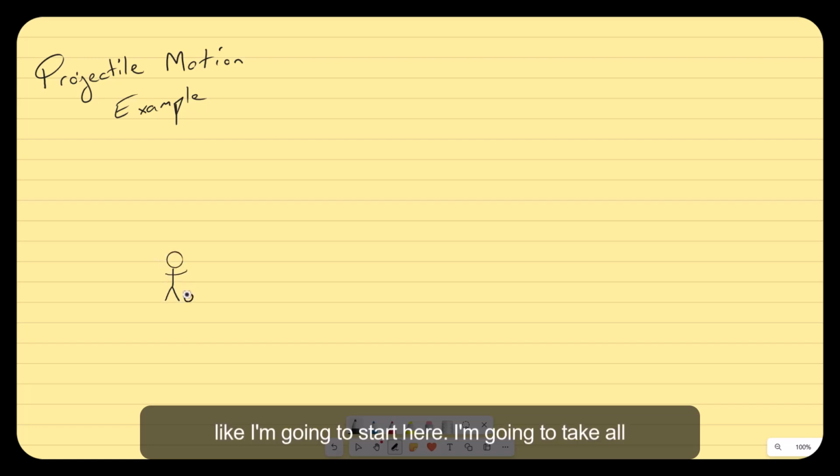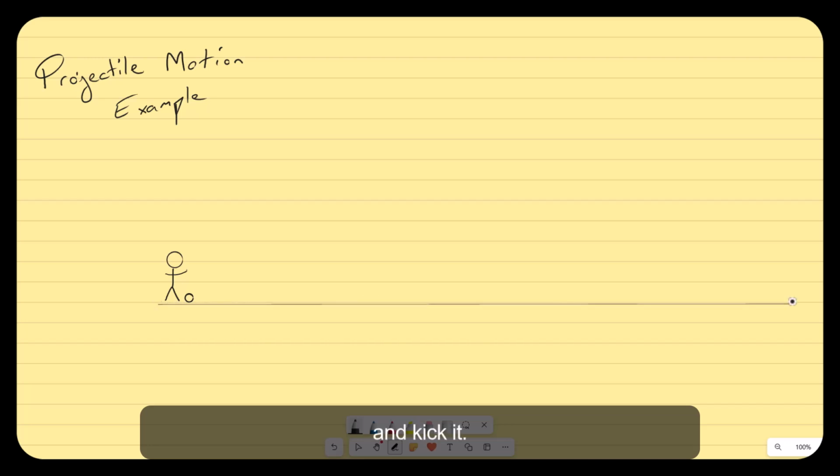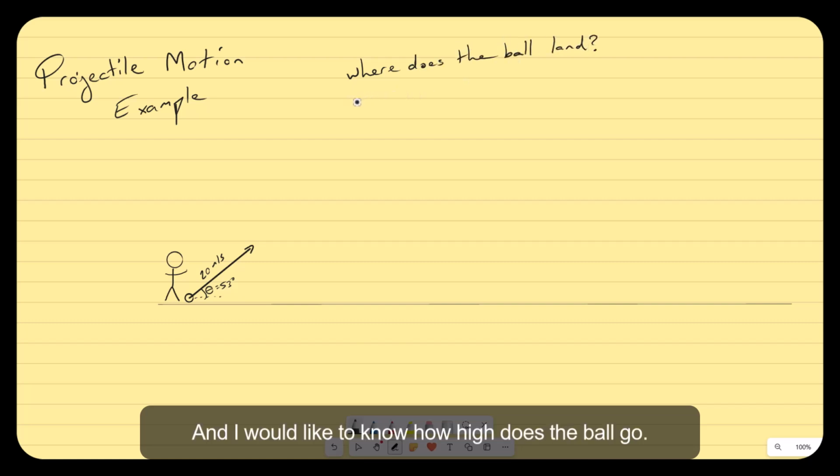I'm going to start here. I'm going to take a ball and kick it. We'll start with a velocity of 20 meters per second this way, and we'll put this thing at an angle of 53 degrees. I want to know, where does the ball land? And I would like to know, how high does the ball go? So two different questions,